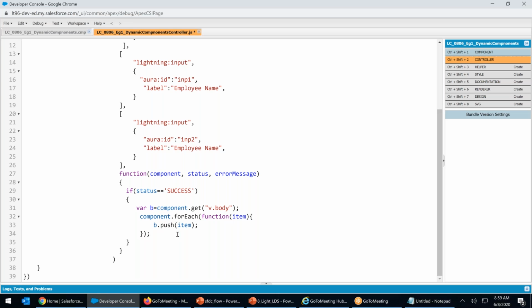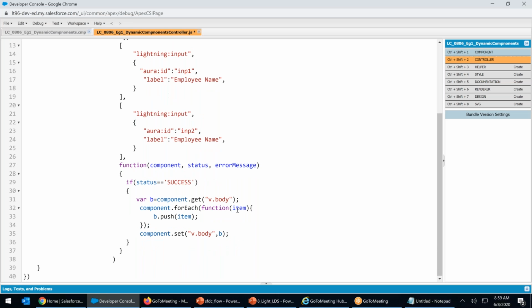Once this is done, what I will do, I will say component dot set. Simple one. Component dot set. Now I'm sending it back. What? V dot body comma b. Able to understand? First I pulled v dot body, component dot for each one of them what you created above is called item.